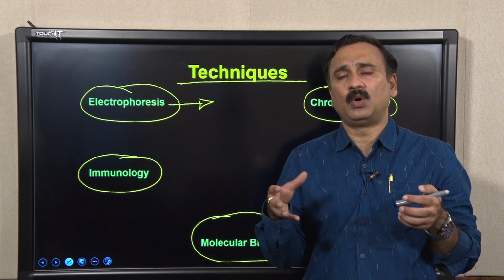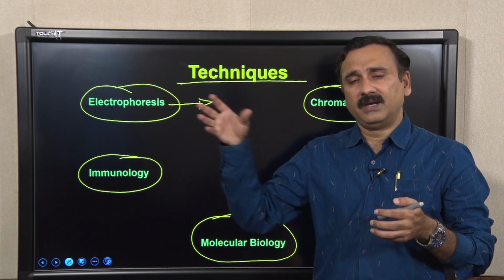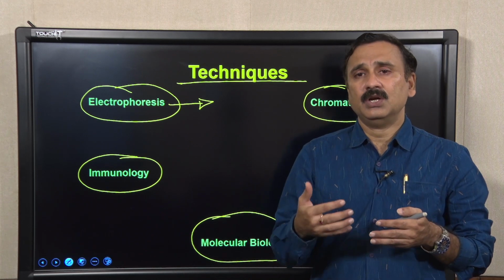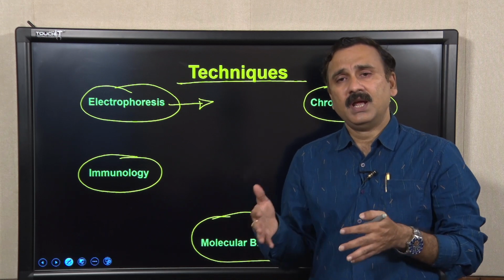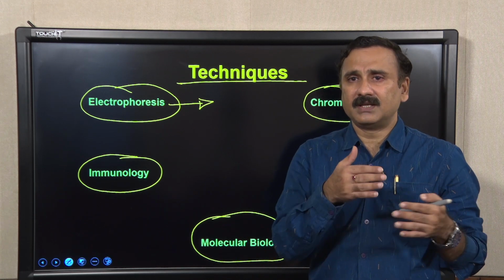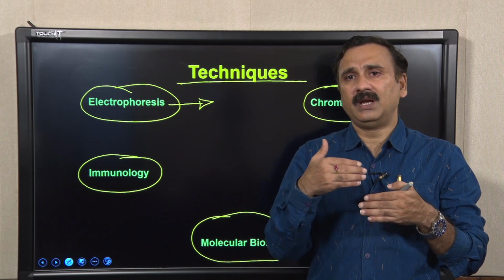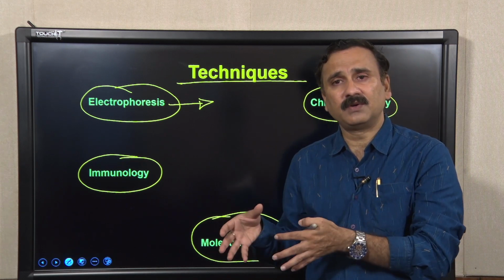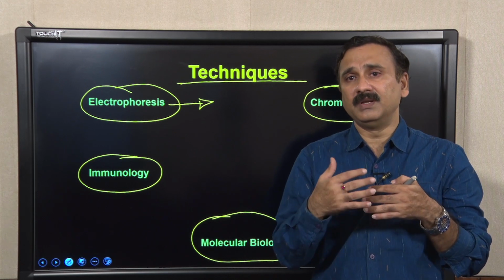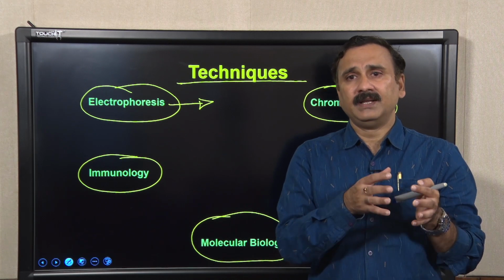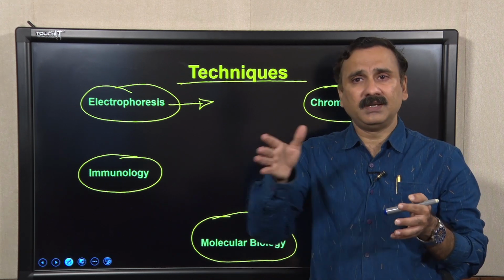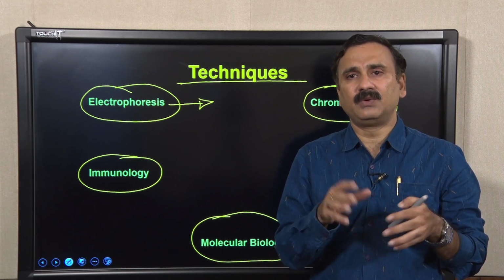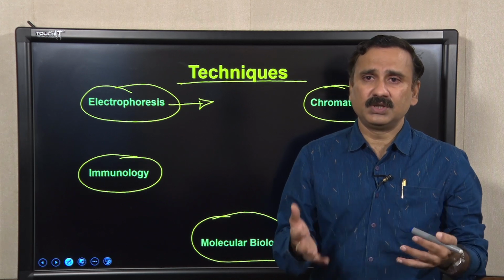At the end of the electrophoresis, we also discussed how the technique can be utilized to answer some scientific questions. Those questions were taken in such a way that they help you understand the potential of vertical and horizontal gel electrophoresis. It also helps you design your own experiment, because once you know this technique can be used in all these different ways, you can make a combination of techniques and answer some of the unresolved questions.